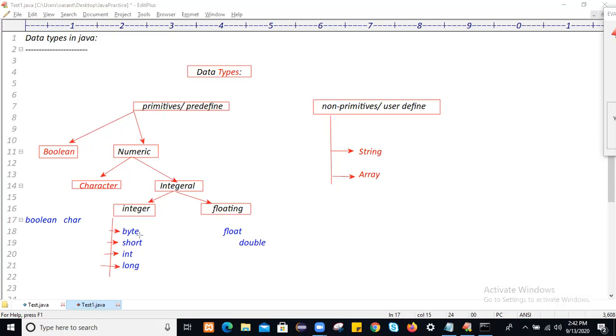And we have floating type. We have two types of floating type, float and double. Coming to the Boolean type, we have boolean. Coming to the character type, we have the char data type. Primitive and non-primitive.